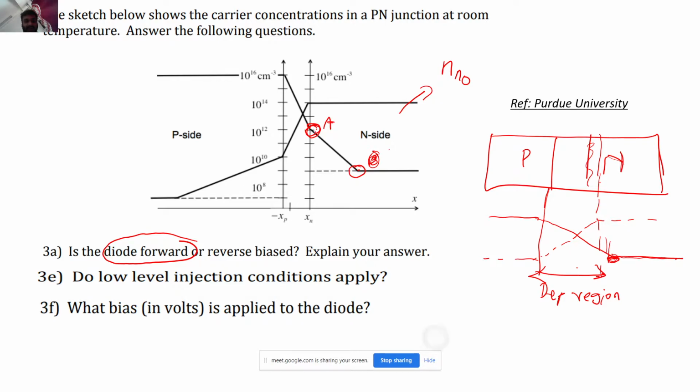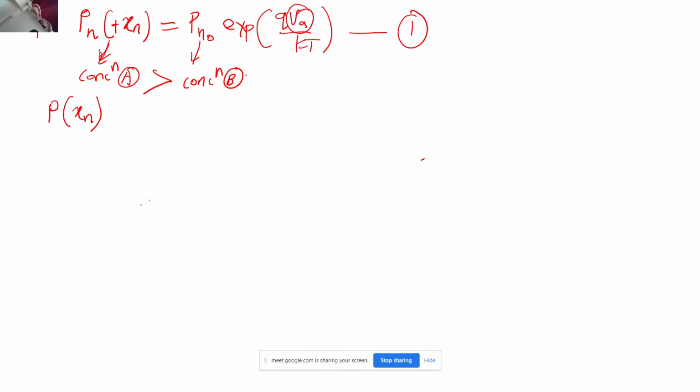So the minority carrier concentration at the edge of this depletion region, that is at point A, I have to compare with the Nn naught that I have written. If I find that the minority carriers injected from left to right, because the holes are minority carriers in the N region, have a concentration very much less than this Nn naught, at least 100 times less, then I can say that the conditions for low level injection still prevail. So now Pxn is one quantity and Nn naught is another quantity.